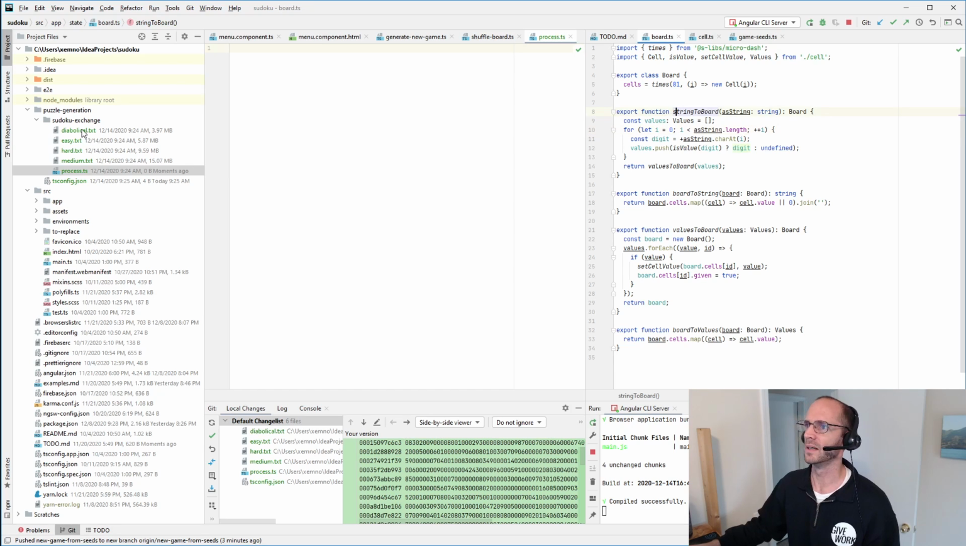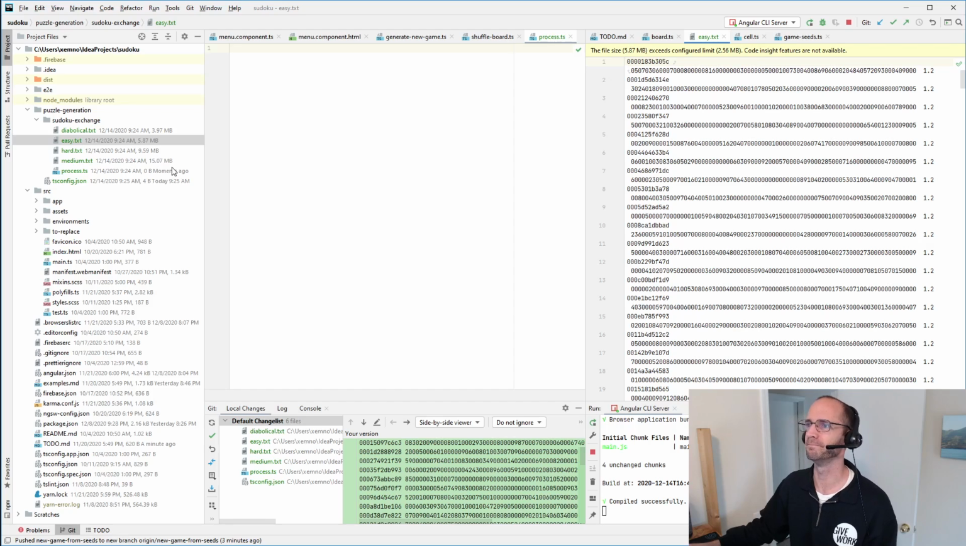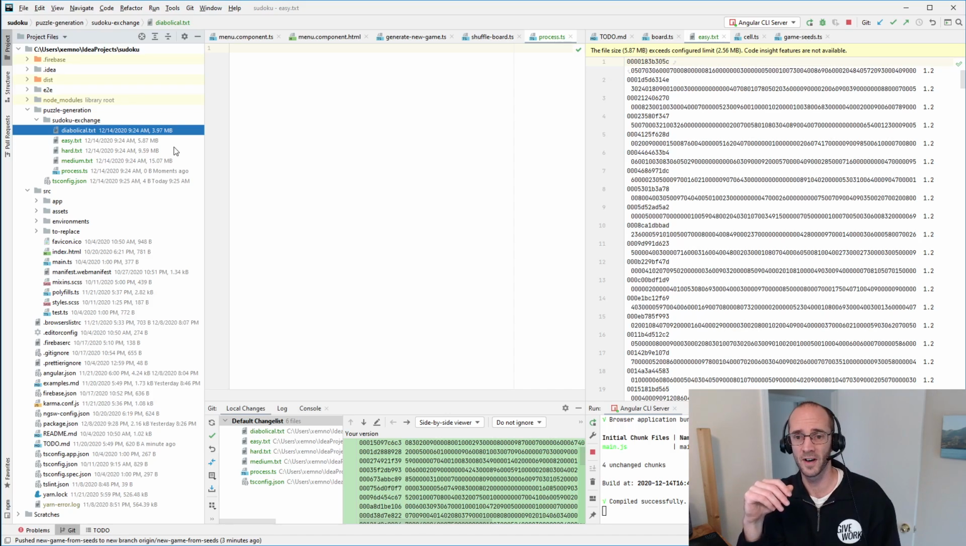But 5 meg. I don't really want to package up, what is that? 15, 25, 30 to 35 megs into this app